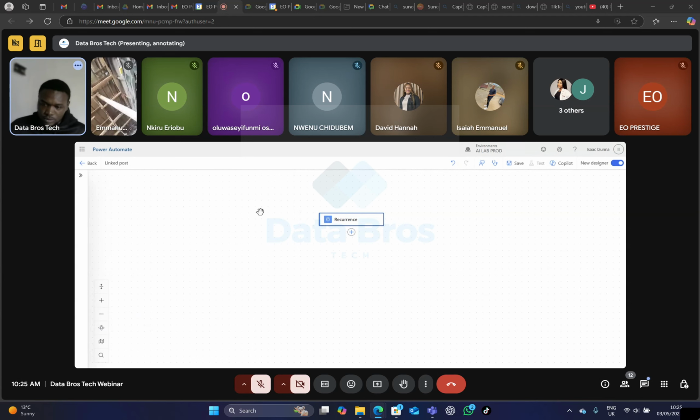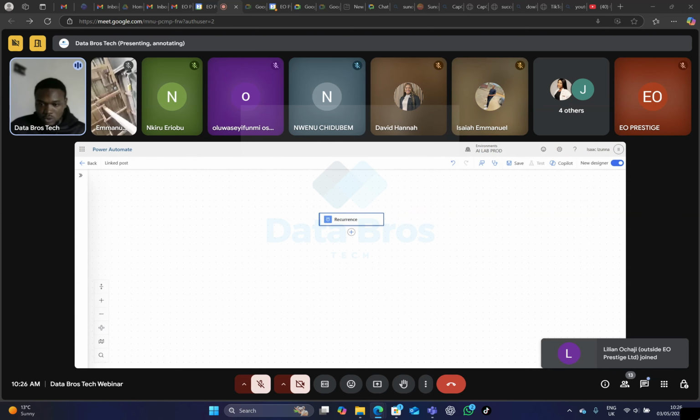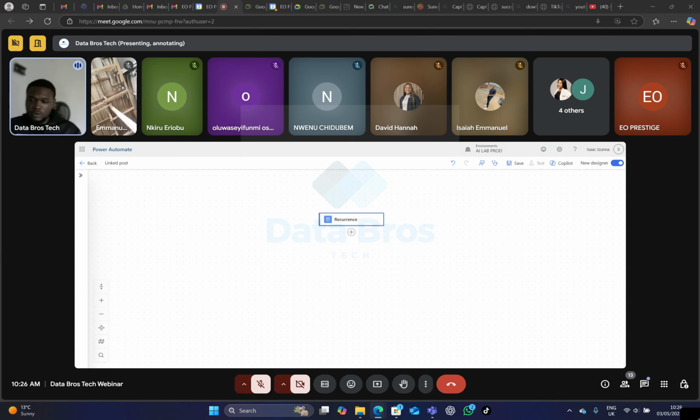So this is done. So next we need to create our Google Sheets. This Google Sheets is what we're making use of to be able to list down all the topics that we would like the solution to create for us, right? So I'll go straight to my Google. Right. So for you to access your Google Sheets on your Google, you just need to